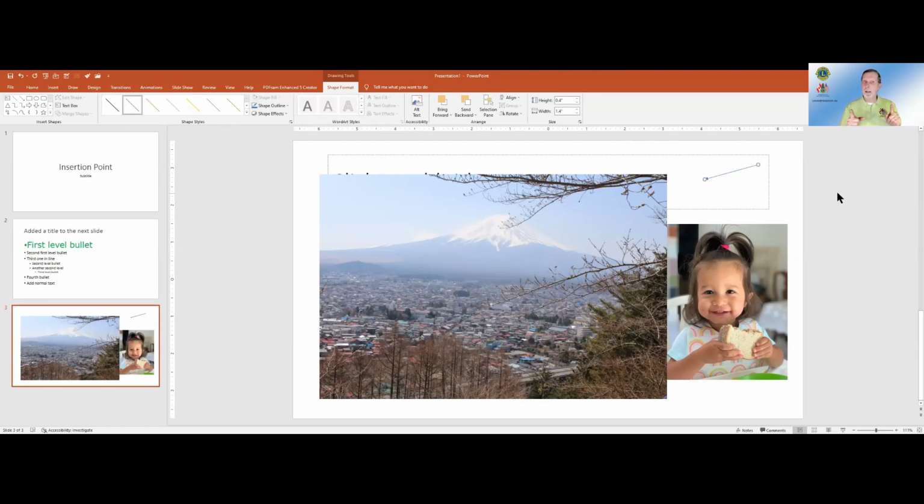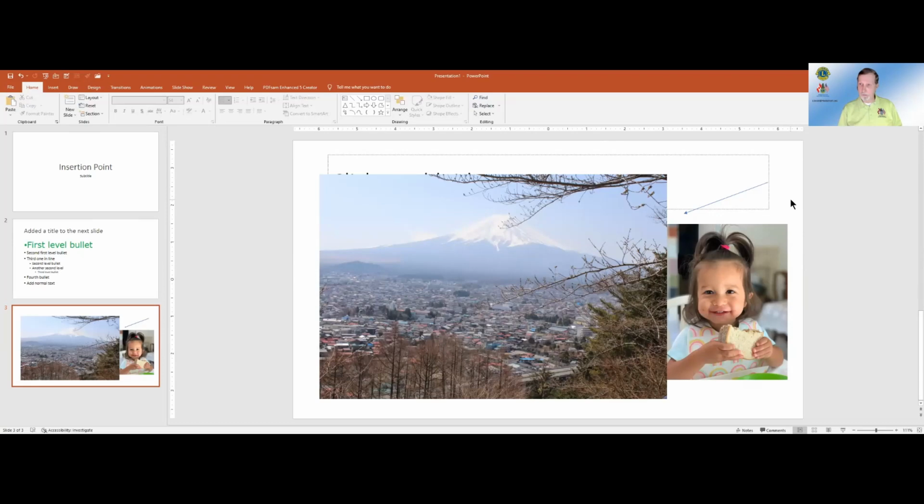And the line arrow has only 2 handles on it. Of course, this means that I can change the length and angle. I can also point with my mouse at, if I can use that term loosely, the arrow shaft, and I can click and drag and reposition it wherever I need. When you're doing this, with most of your shapes, you're going to see these guides come along. They're trying to tell you that you're approaching the center or alignment with something. Pay attention to those guides. They can be very, very helpful. So I've got a line arrow shape there.